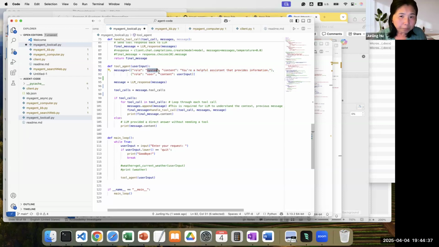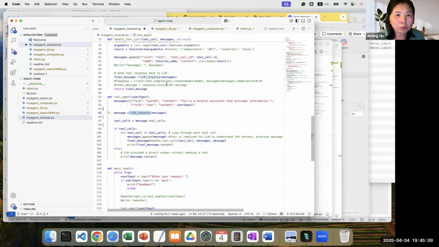Number two is you interact with the user, so you have the user content. This comes from the keyboard, from your phone, from your speech, it doesn't matter. That is the content coming from the user. These two are the information you will send to the large language model. When you send this, the language model will give you back a response.